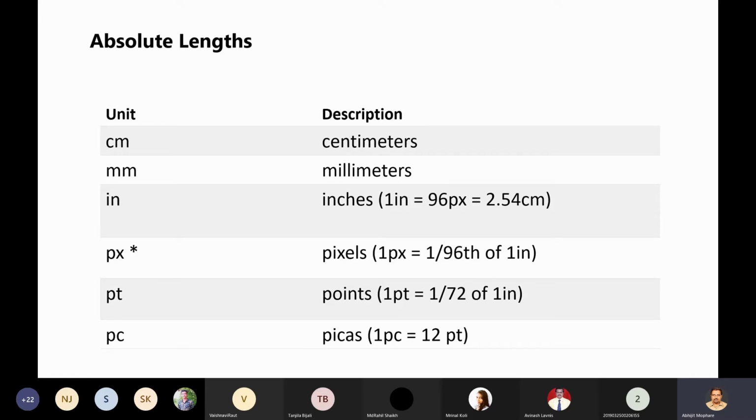But pixel, px, is the normal. If it is a very small value, 1 or 2 or 3 or 16, we normally use them. For specifying the font, we use them because the font is displayed with the help of the hardware graphics unit you have in your display device. So pixel is the only absolute unit that we use. We don't use any absolute unit other than pixel for modern website designs.